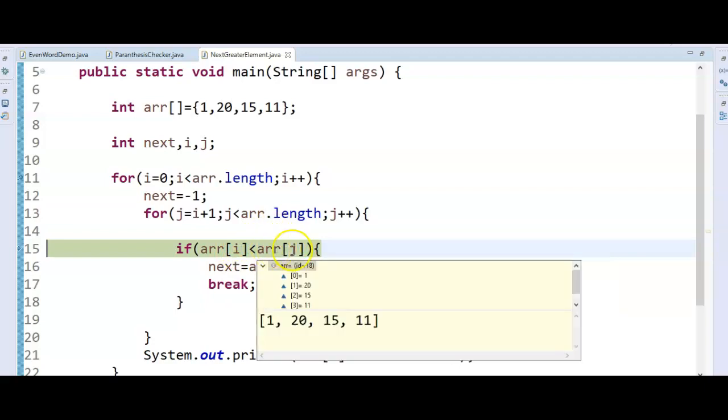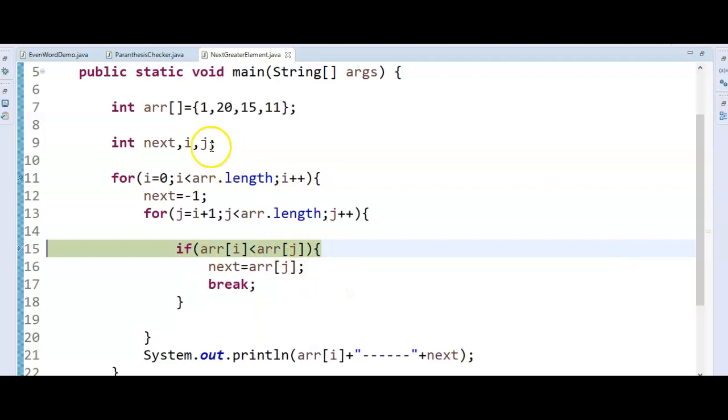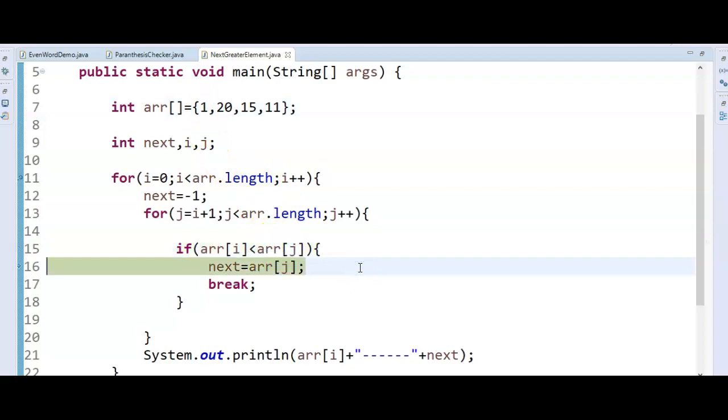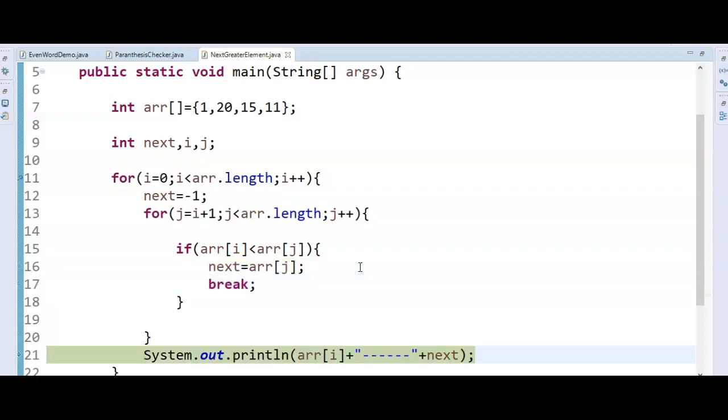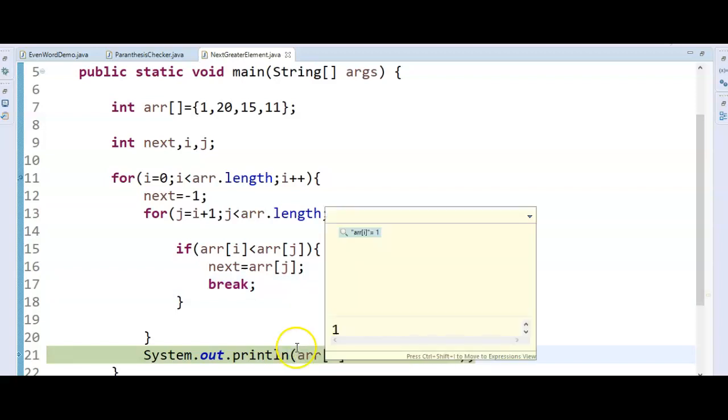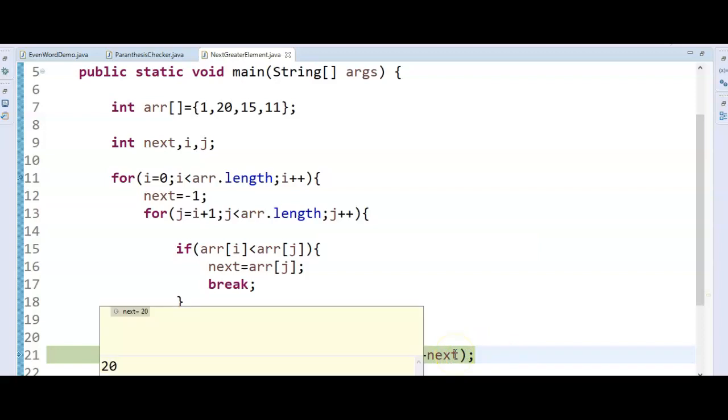So if array of 0 less than array of 1, okay, so array of 0 is what? 1. 1 is less than 20, next equal to array of j. So what is array of j? 20. Break. System.out.println array of i is what? 1, and next will be what? 20. So now we are printing 1 for 1, 20.